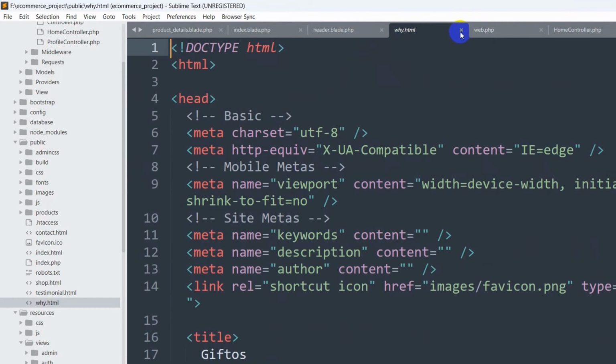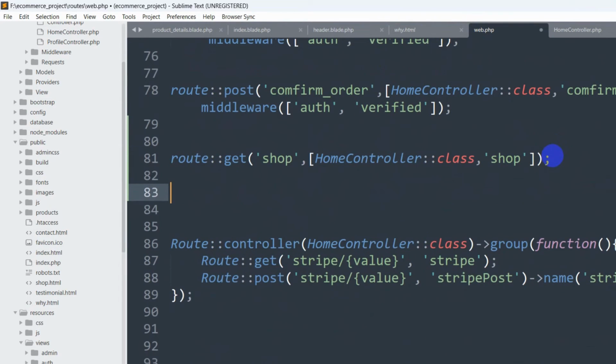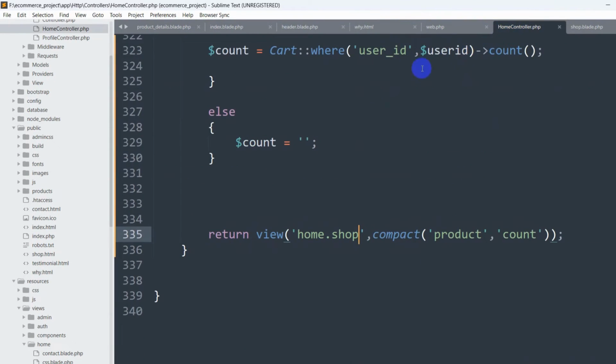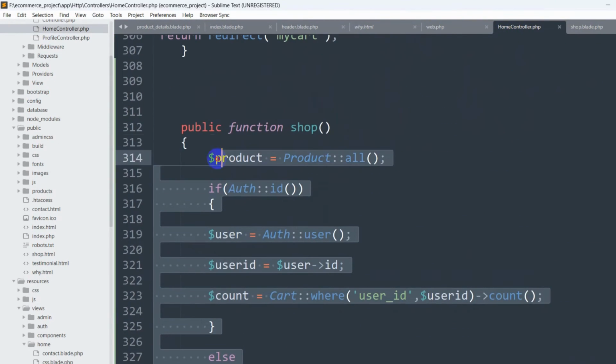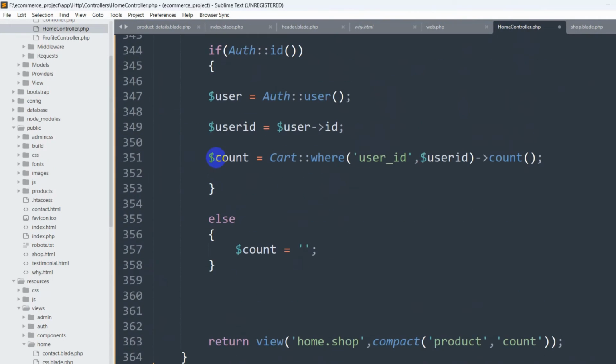Let's go to our web.php and let's just copy this, paste it here. This one will be y and this will be also y. And here in the home controller, again I'm going to copy the public function shop and paste it, and this